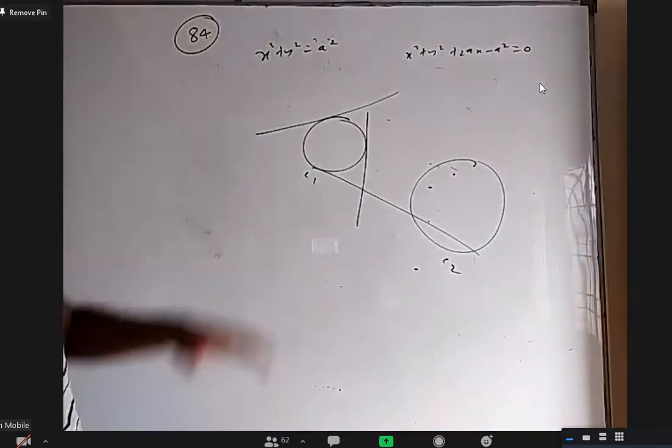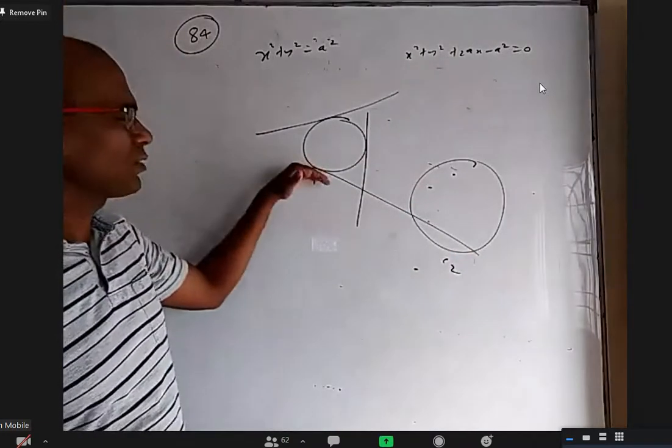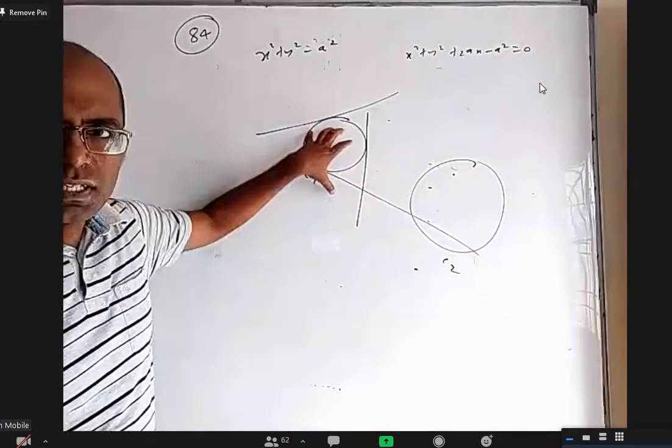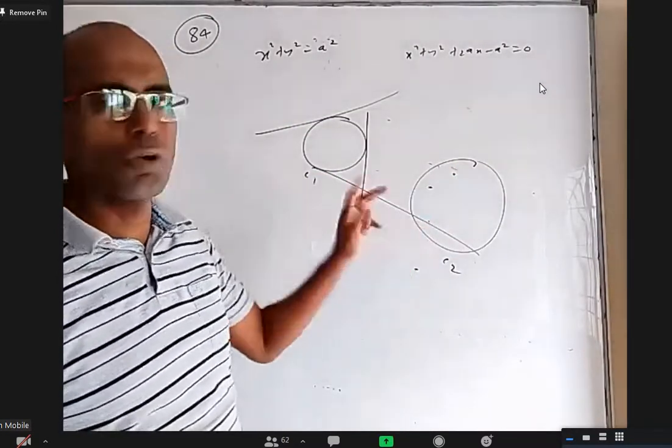Okay. So if a tangent to this circle is exterior to this, the pole will be inside. If a tangent to this circle intersects this, the pole will be outside. Doesn't matter. Every tangent of this circle has a pole with respect to the second circle. We want the locus of those points.